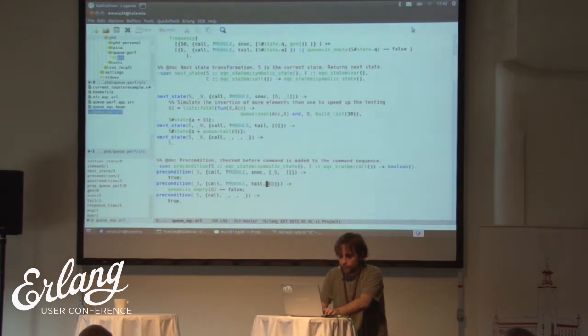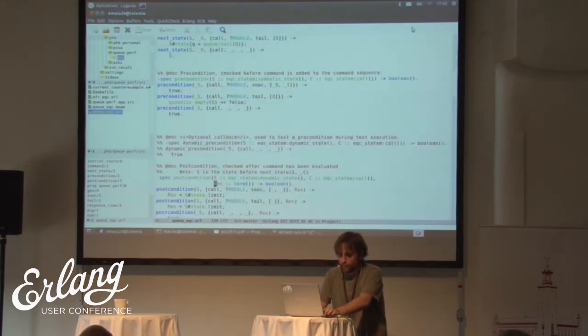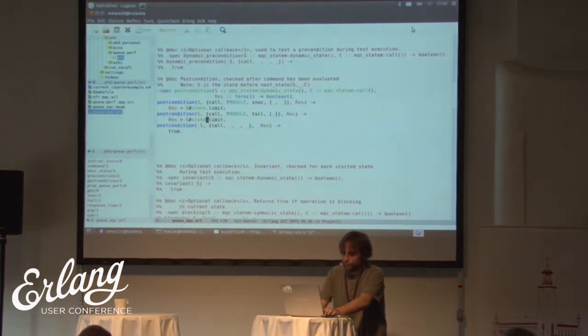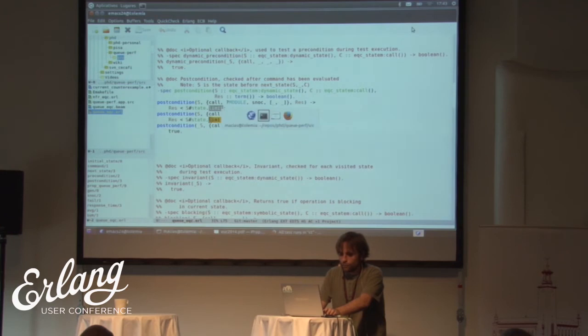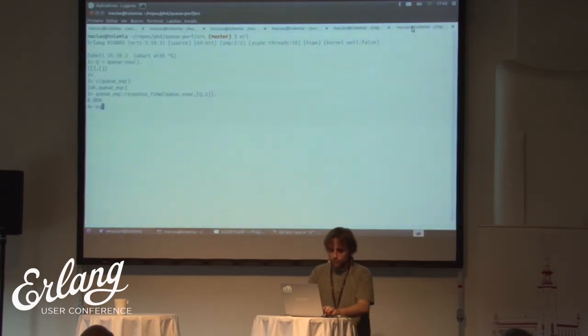The preconditions just for the remove function, for the tail function, the queue has not to be empty, and the post conditions are that the response time we get is less than the limit we wrote. So we can run